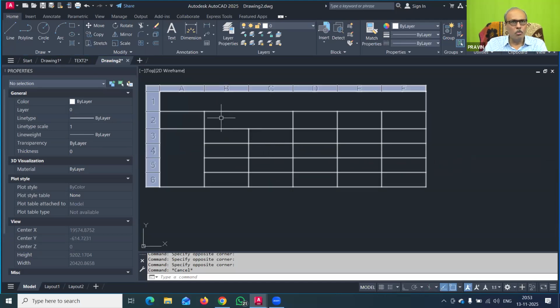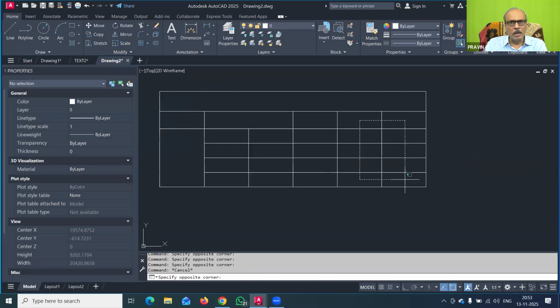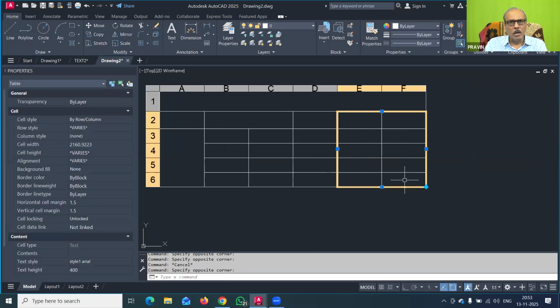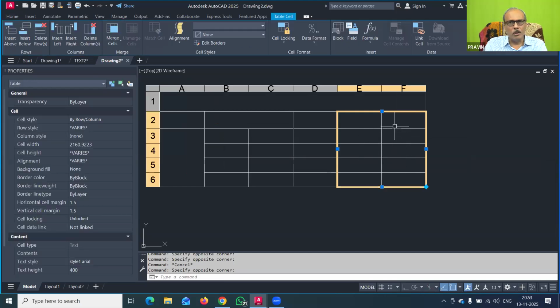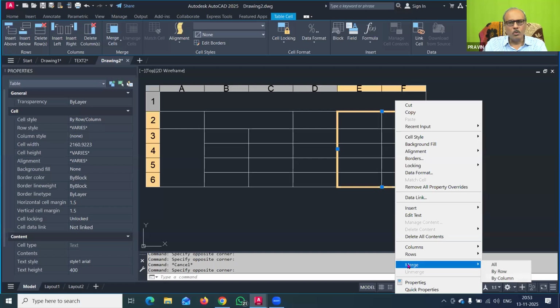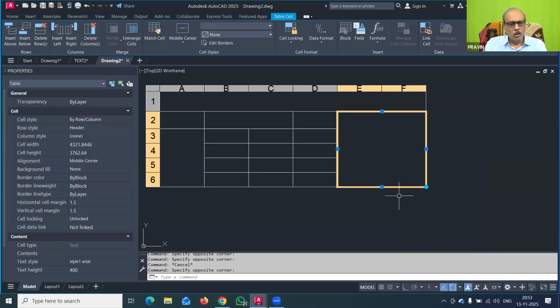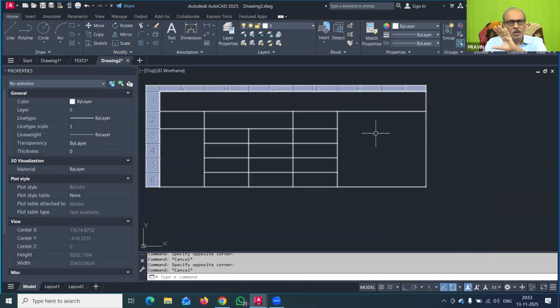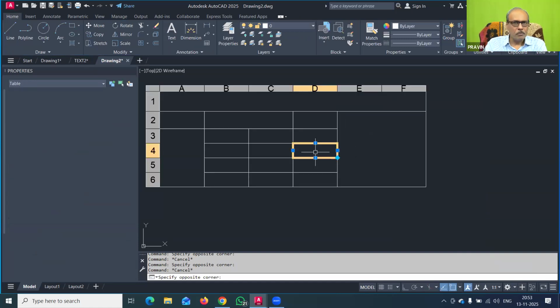So we have seen how to merge the row and how to merge the column, or you can complete all of that at once. You can select this and merge all these rows and columns together. Right click, go to merge, and you can do it all. In this way also, whatever exists, first you have to insert the number of rows and columns, and then you can automatically adjust by selecting the particular row or column.